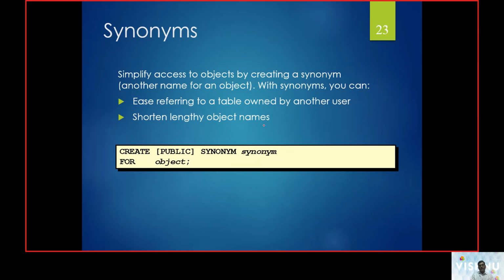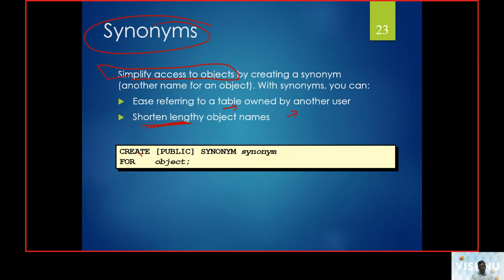So we talked about sequences, we talked about indexes. Now coming to the third one, we are going to call it synonyms. Synonyms are acronyms or short names, whatever we call them. They are used for simpler access. In order to give short names, we use synonyms for simpler access to the databases, and they can be used to call tables owned by other users also. So it is a short-length object.